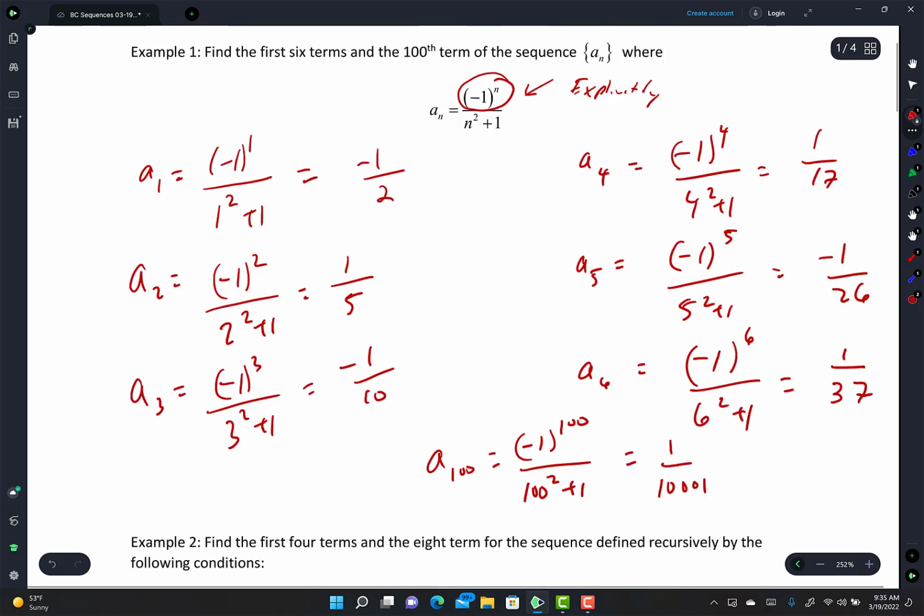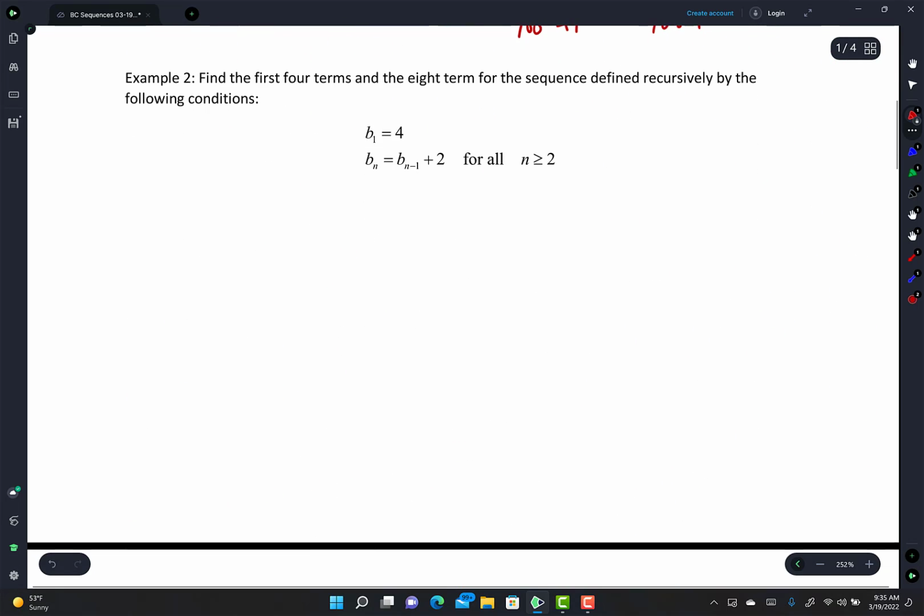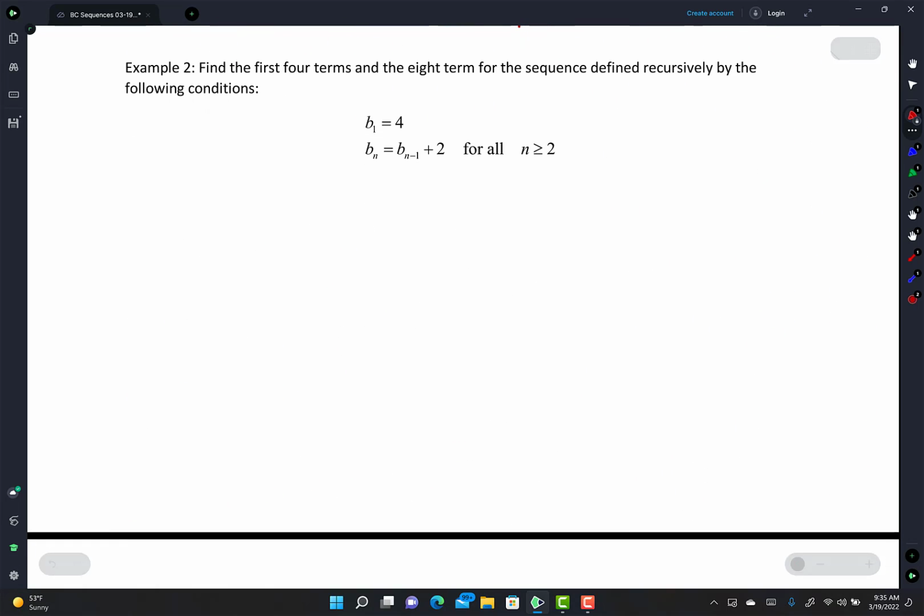Cool? Okay, next one. Find the first 4 terms and the 8th term for the sequence defined recursively by the following conditions. What does that mean, recursively? All it means is that the next term is dependent